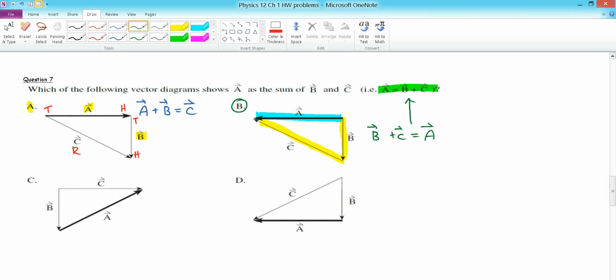For extra practice, let's just go over options C and D. Basically for C, I can see that my B vector is being added to my A vector, and that gives me my resultant of my C vector. So if I wrote this as a summation, this would be vector B plus vector A gives you vector C. And finally, the last one here, I can see that vector B is being added to vector A, which gives me my resultant